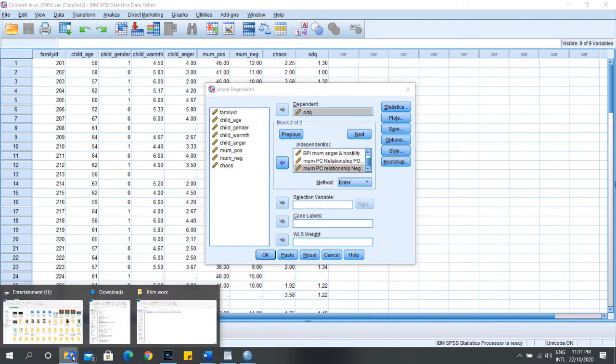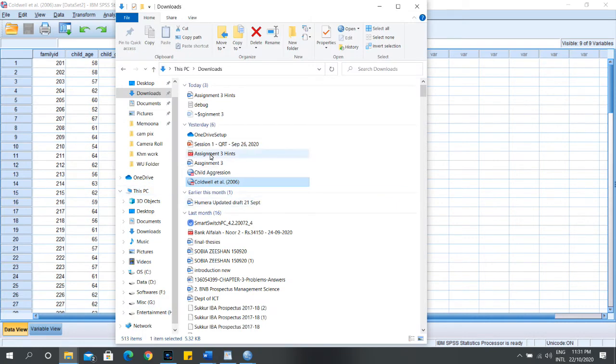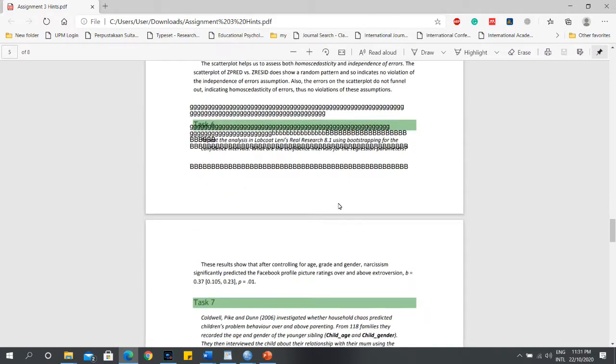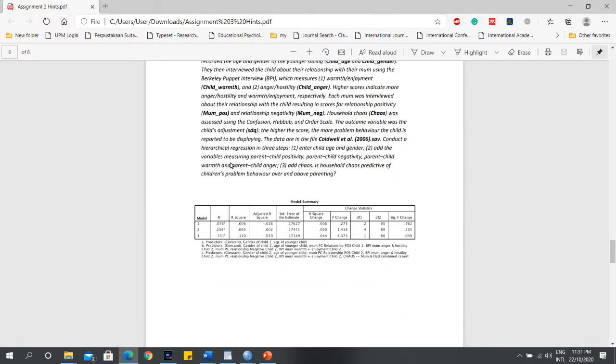First let me open the hint. Okay. Parts, we have to read it carefully. Conduct a hierarchical regression in 3 steps, add the variables measuring parent child.